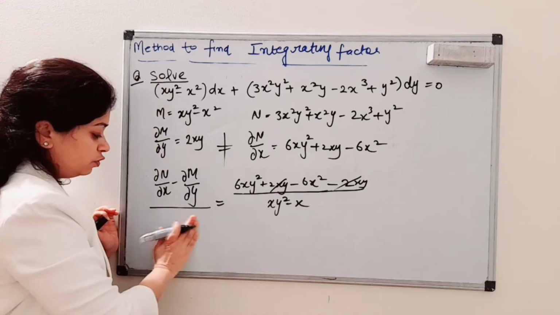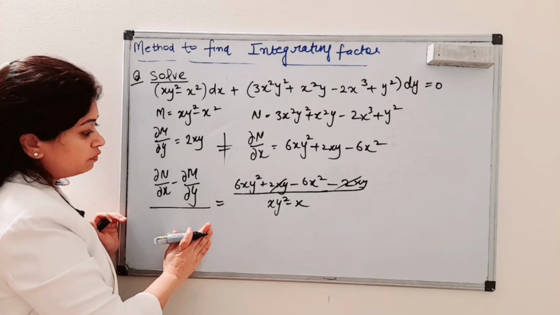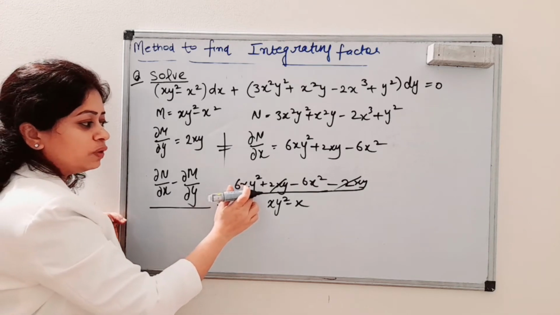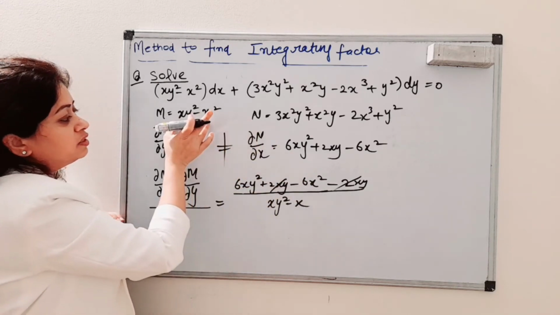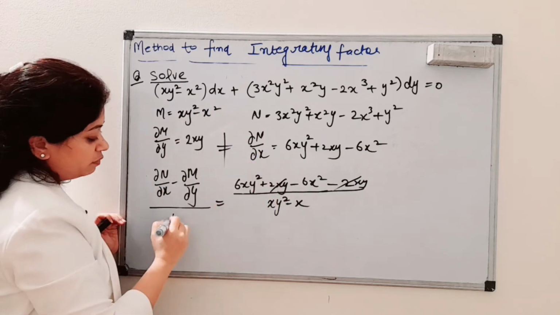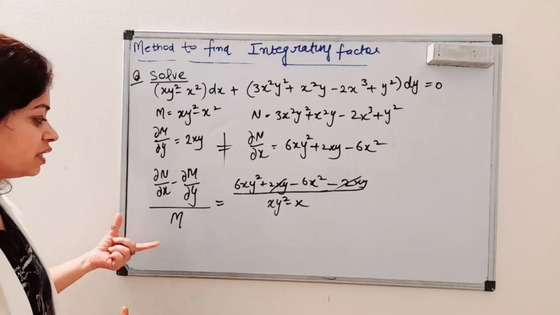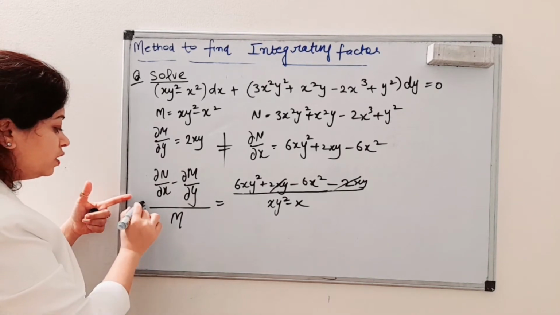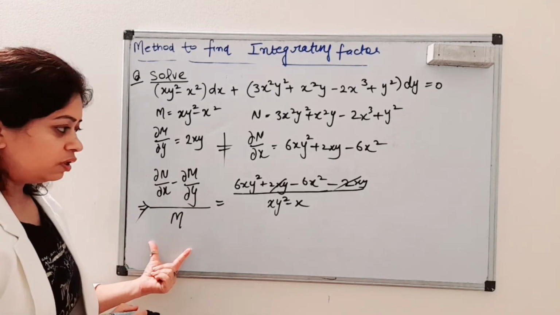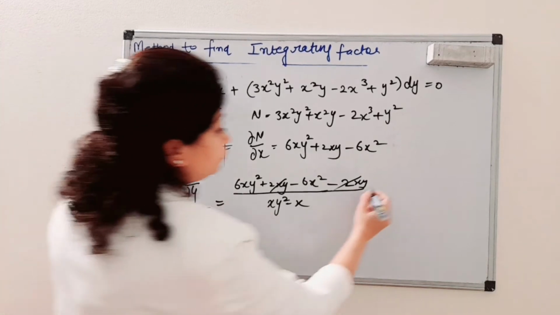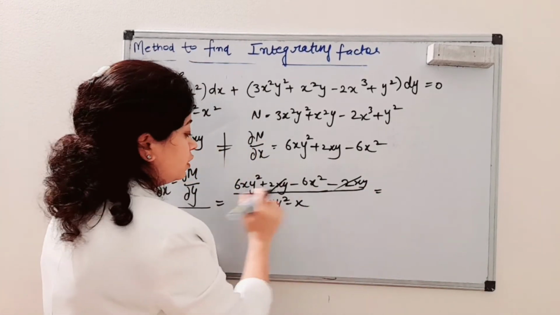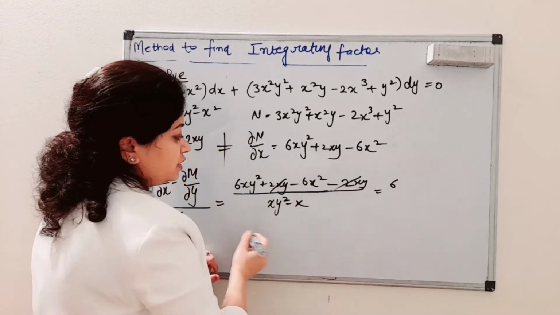If we would not have taken this, okay, so what we will see? We will see that this is xy square minus x square and this resembles with M, so we will take M here. Okay, but as we are doing example of this case, so I know that this is the example, so I took this in first only. Okay, so here we have, this is 6 common, and then we can cancel out the terms.